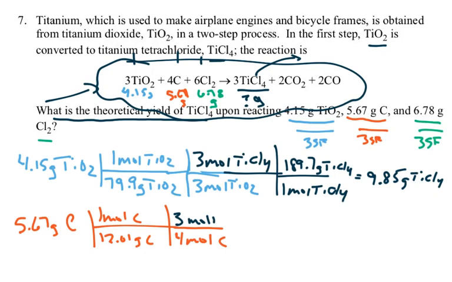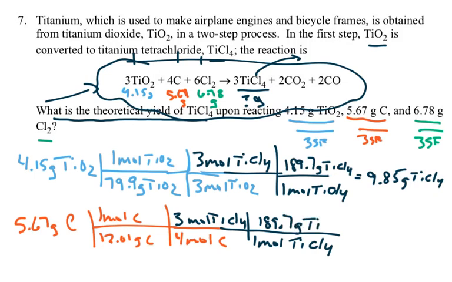Hopefully you see what's the same, right? 1 mole of TiCl4, 189.7 grams of TiCl4. Okay, so that equals 67.16 grams of